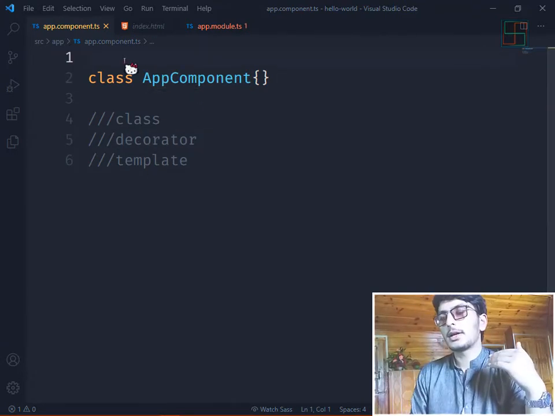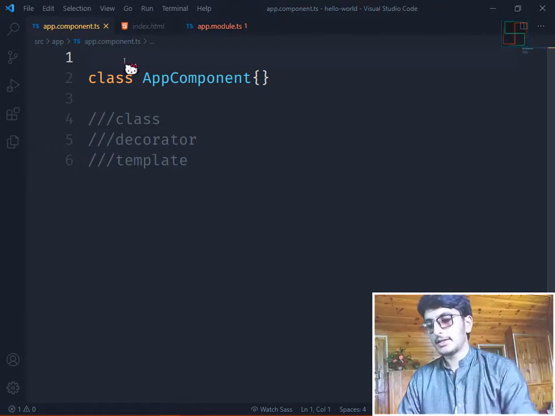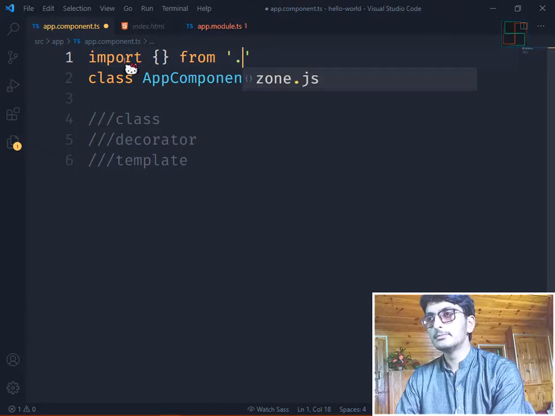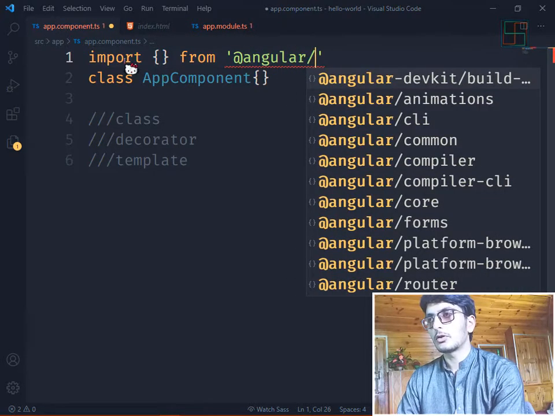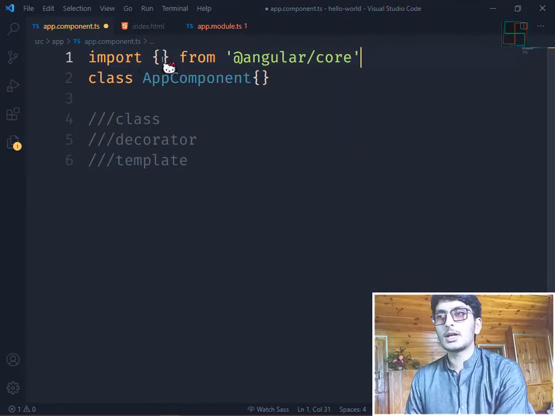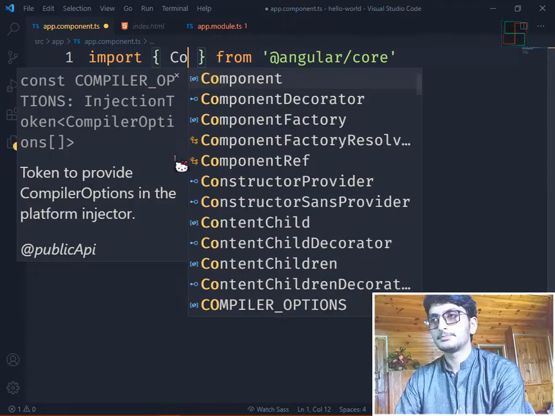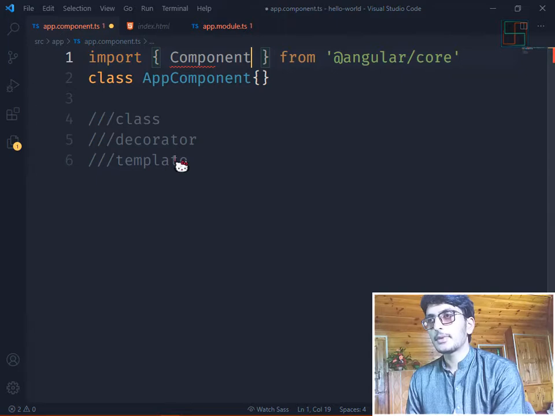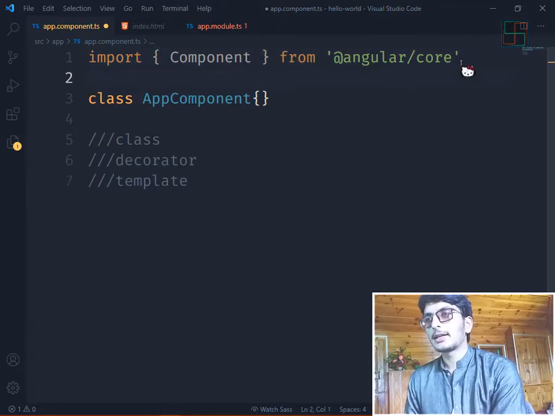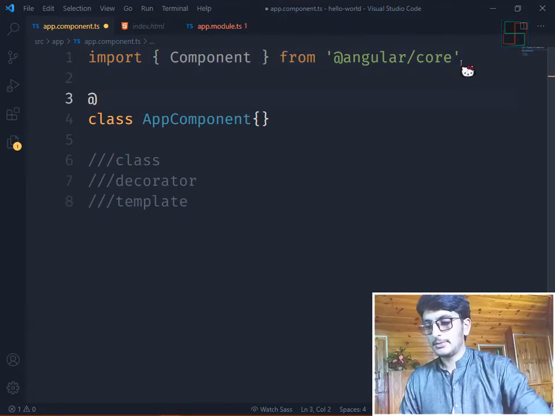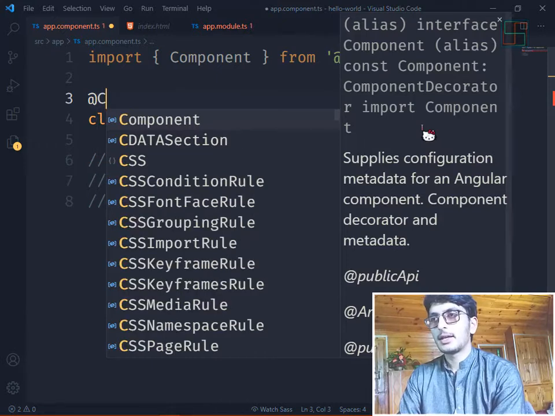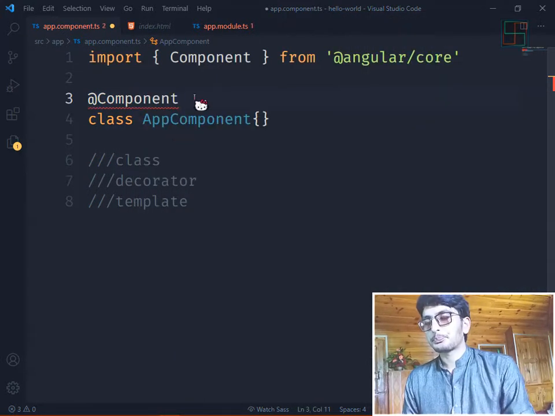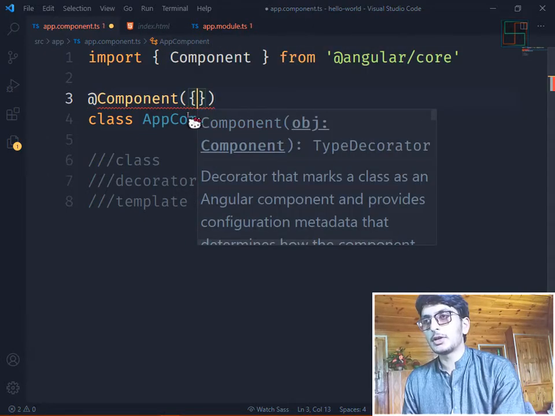This decorator is provided by Angular, and let's import this from Angular core, and this decorator name is Component. Okay, for calling a decorator, simply enter @ and the decorator name. This is our decorator. Okay, we defined class and decorator.